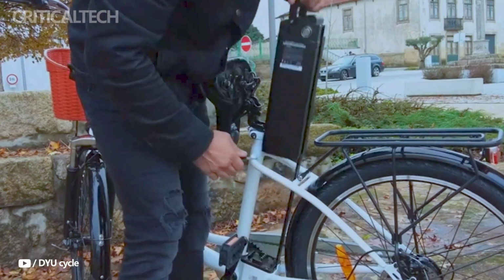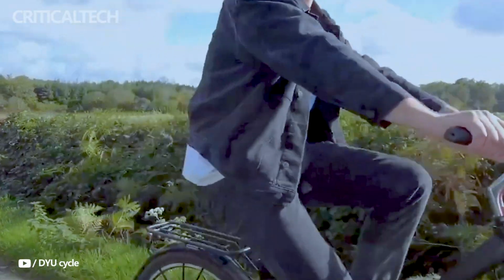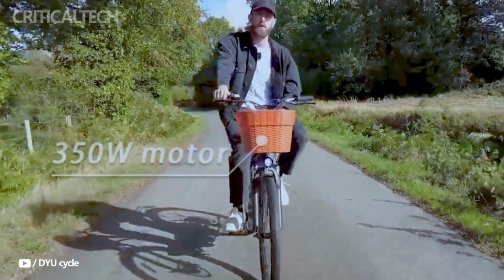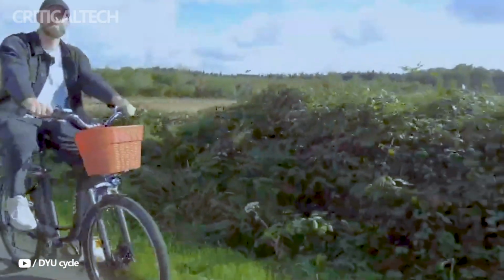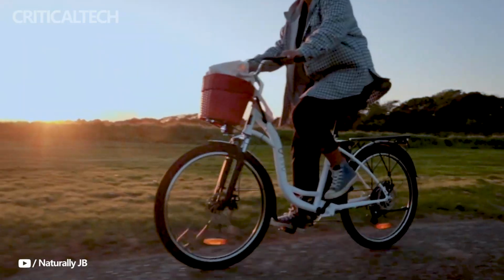The DYU C6's 12.5 ampere-hours battery, which offers an amazing range of 50 to 70 kilometers on a single charge, is one of its best characteristics. Our testing has consistently yielded results within this range, which is in line with product statements and customer feedback. The range is more than adequate for regular everyday use and extended tours, though it may vary depending on the